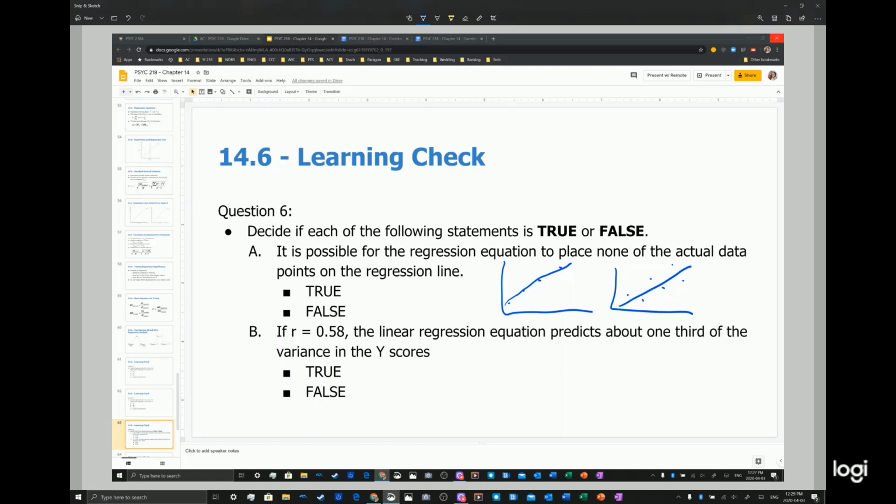So yes, it is possible. And 2, or B, remember the relationship between the correlation coefficient R and R squared. So when we square R, we get the coefficient of determination. So when we square our correlation coefficient,